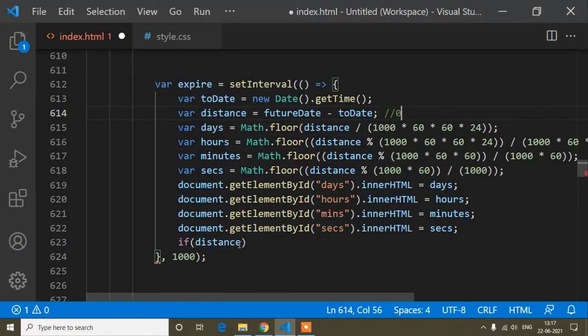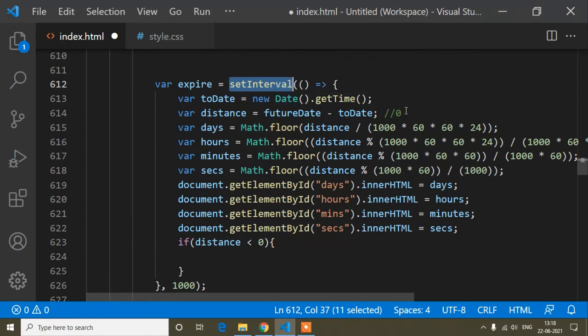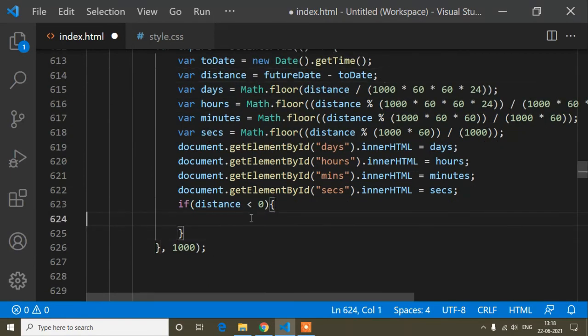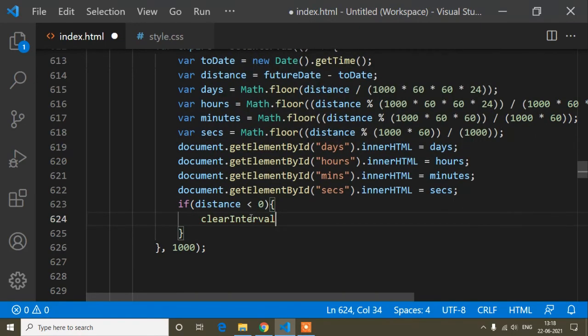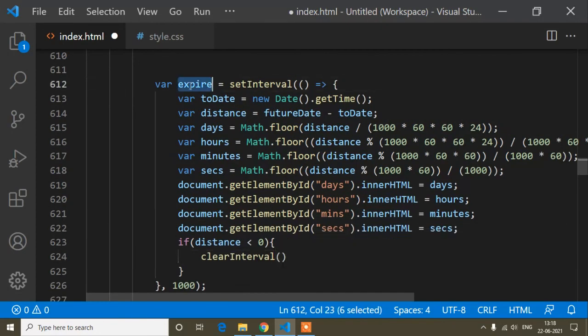So here I will write a condition: if distance is less than 0, at that time this setInterval method has to be stopped. So how can I do that? The method is clearInterval. Here I will write the method clearInterval, with simple parentheses. And what method do I want to stop?